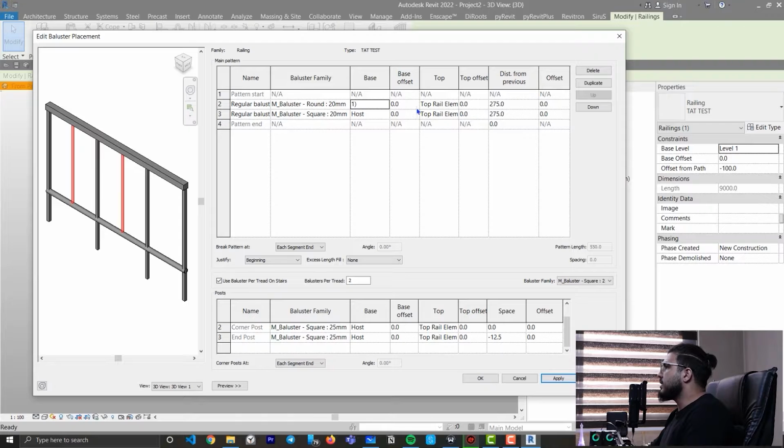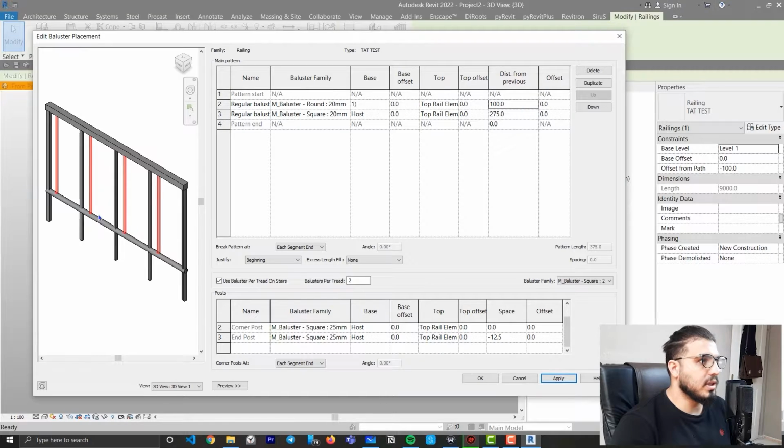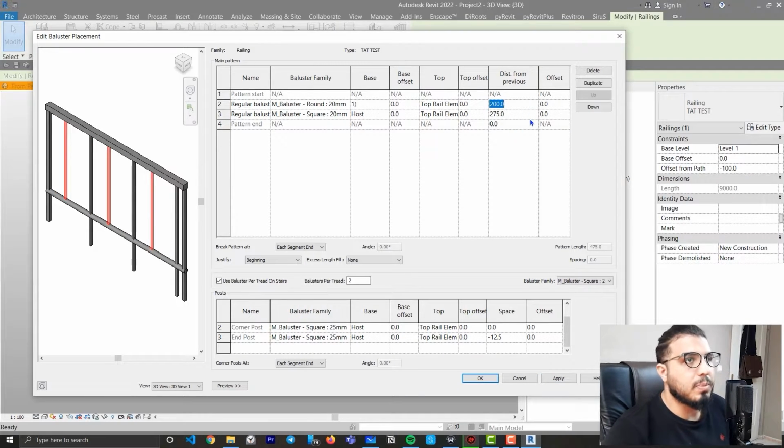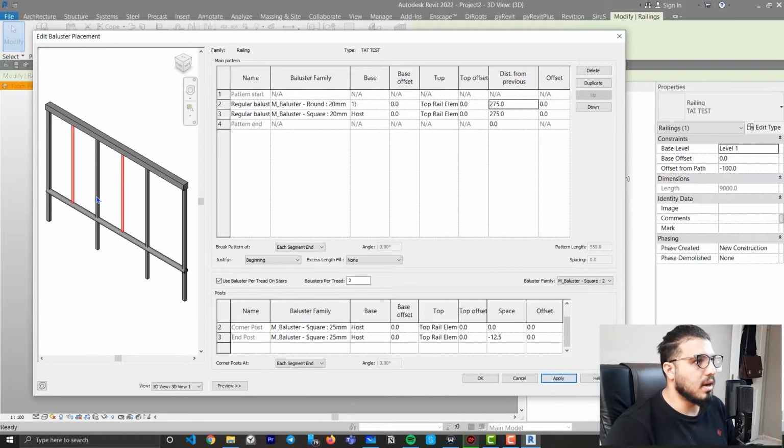and you can change the top part too, and specify the offsets and put a distance from previous top. This is the thing you can achieve by this. For example, let's put a smaller number and you can achieve something like this, or let's put it on 200, and you can achieve two different things by putting something like this. Let's copy it and place it in here. Let's click on apply. You can see we have our parts in here, but there are some intermediate rails,